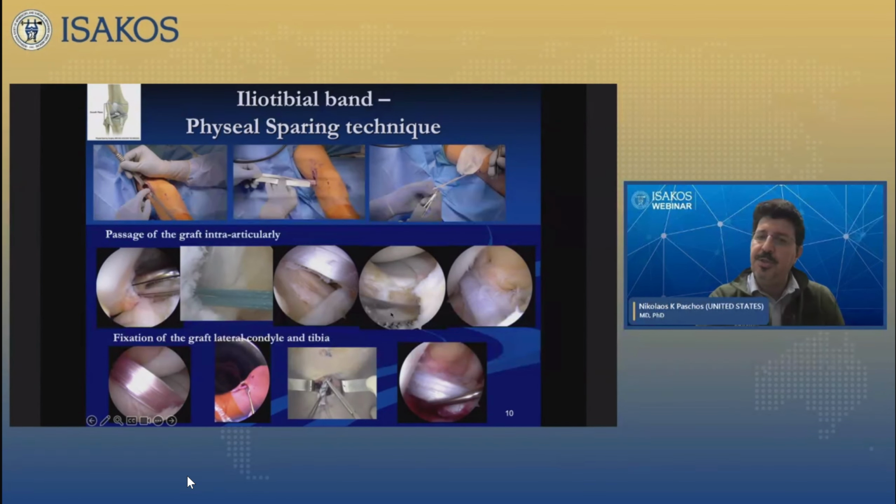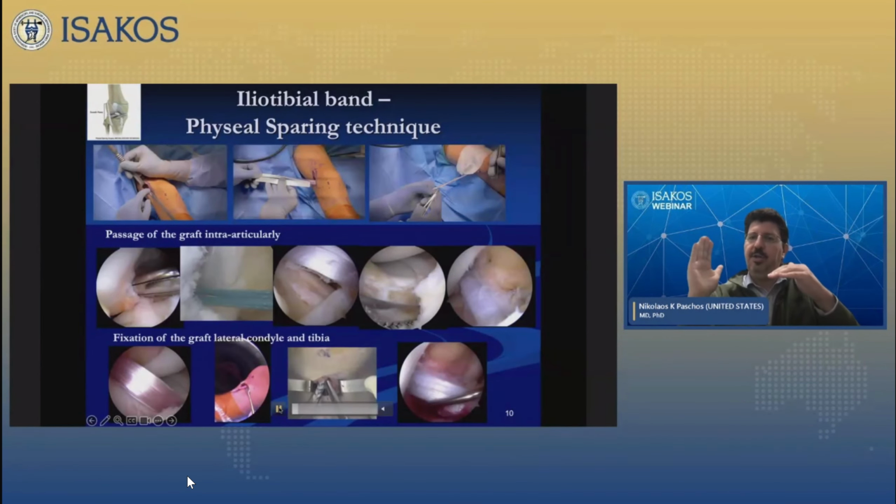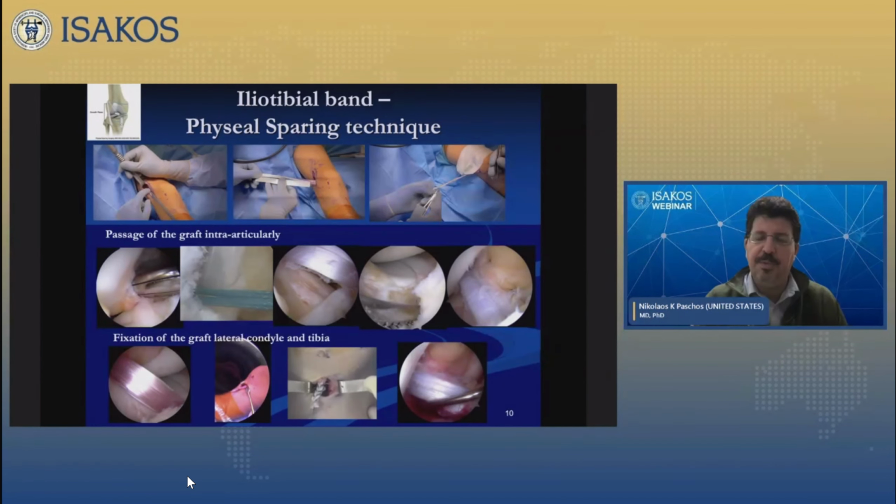But then the next step is to create a groove, as you can see here, and I have my glove. So create a kind of a small groove onto the bone, so it will allow a lot of bone healing in that area. And then you bring the graft and the suture from here, so it's under the intrameniscal ligament. And then you have to fixate it on the extra-articular portion on the lateral side. And I use stitches, I use periosteal stitches, and then I stitch it on the front of the tibia. And then the graft is pretty solid.